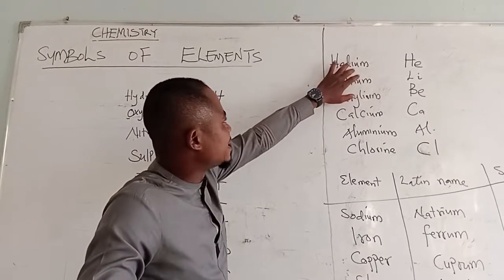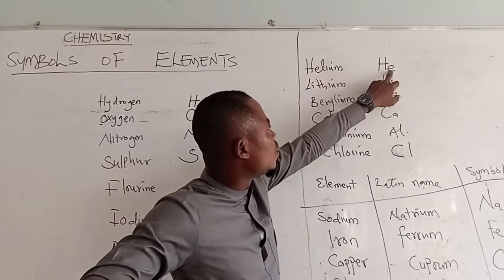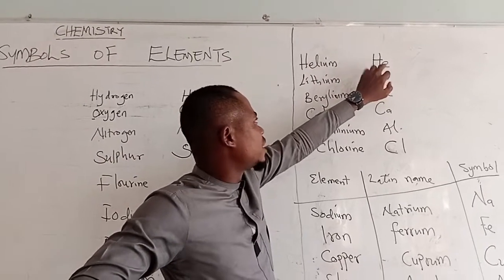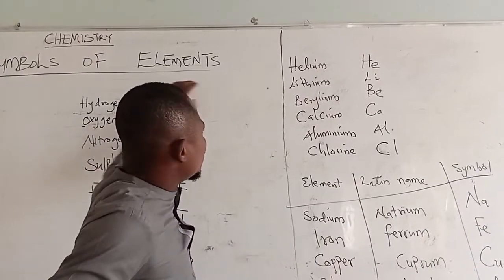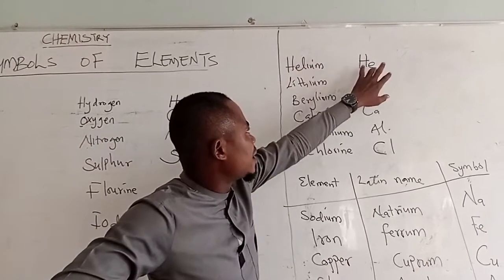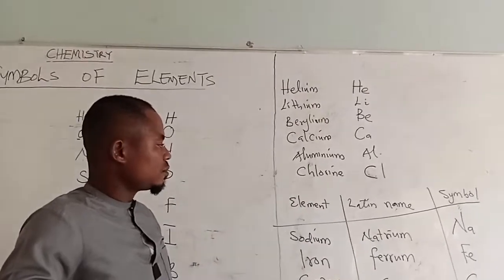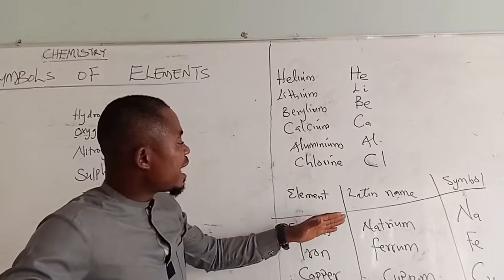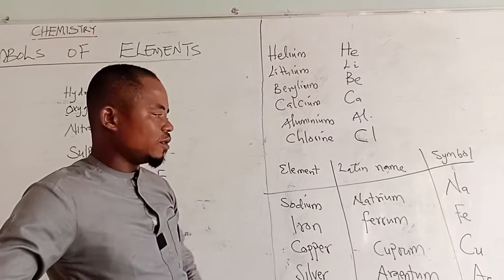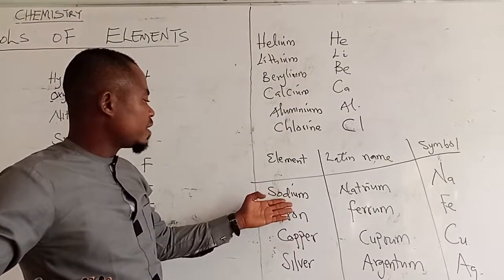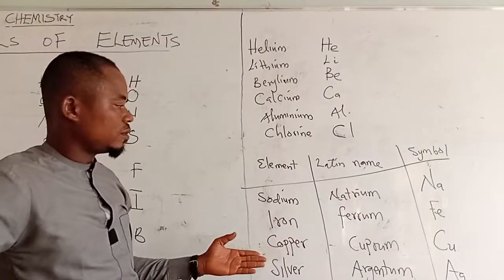You pick any letter from the element's name and write it in lowercase, or a small letter, attached to the capital letter, like in helium. Since H was already used for hydrogen, E was taken and attached to H and became He as the symbol for helium. Then for other elements, their symbols were derived from their Latin names. Like sodium, instead of writing S or SO, we have Na because the Latin name is natrium. Iron